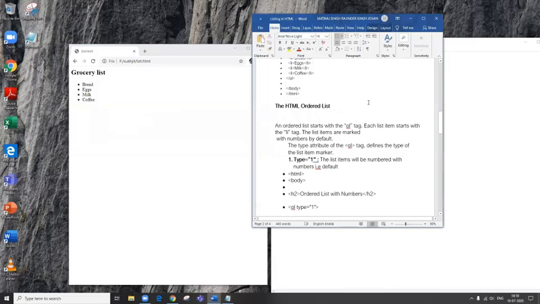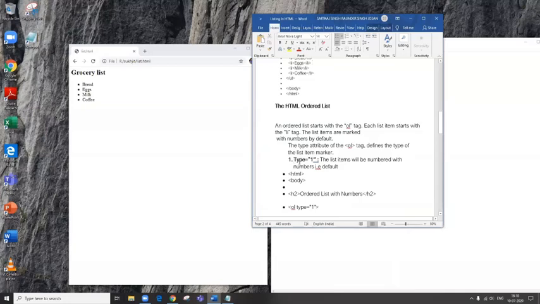Now from the name itself, we come to know ordered list means that we are ordering the list items. We are keeping the list items in some order, 1, 2, 3, A, B, C. In an unordered list, we had bullets. In an ordered list, we will have types of numbers. The numbers will be different. The numbering pattern will change.